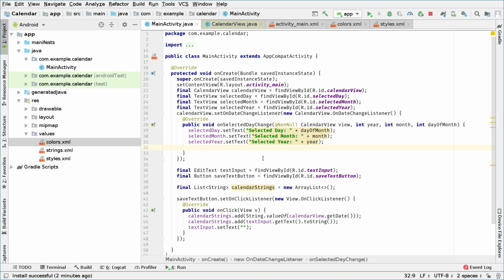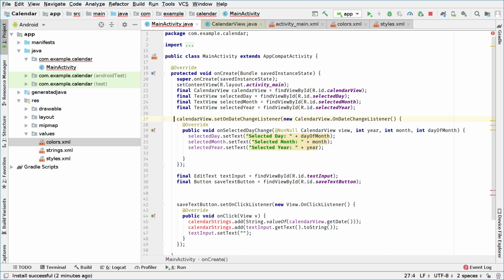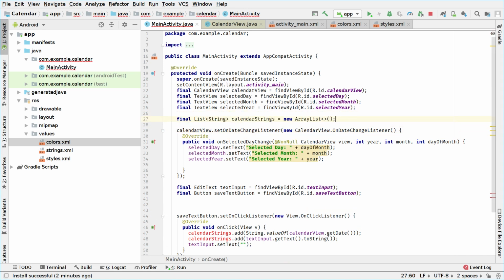Well, one way of doing it is we will check the list of saved entries, like right here. This means we have to put these before, so we will move this line, the calendar strings, before the set on date change listener. I'll put it here for now, so we can access it from inside this method. So what we're gonna do right now, we're gonna say